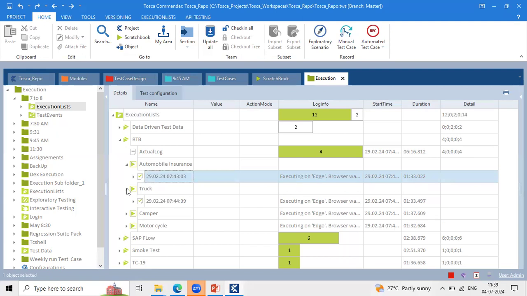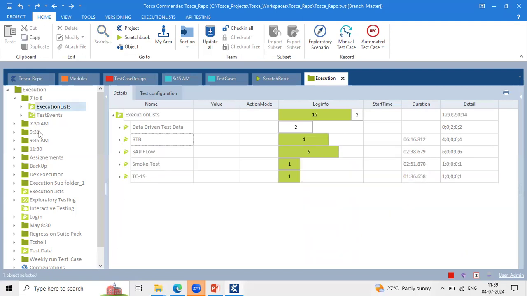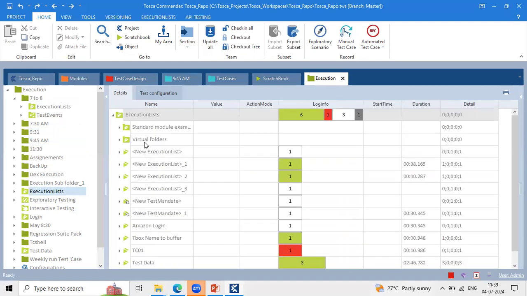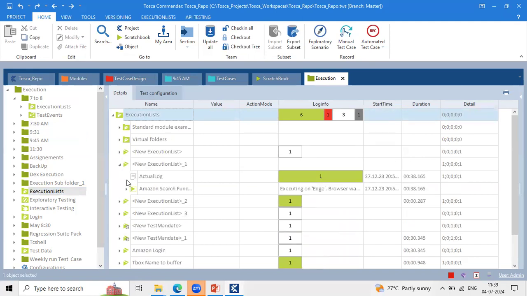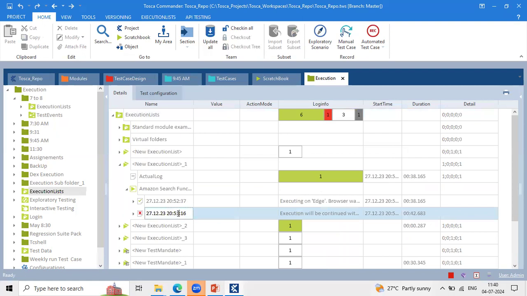So it directly stores this kind of log info here. If someone wants to view how many scripts have completed as of now, they can go there and verify all of this. How many times they executed, you can see here. This one was executed 2 times, and the date and time are here also.